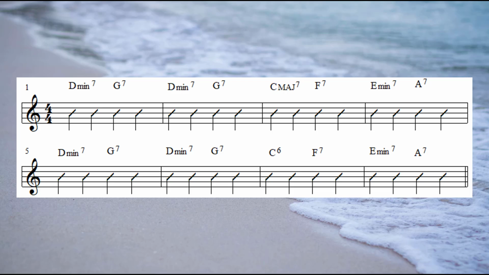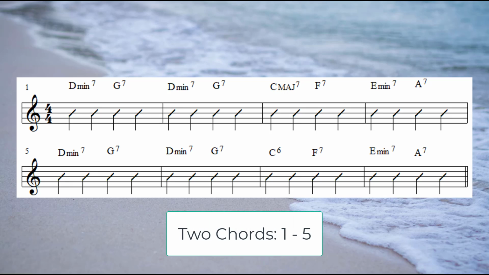In order for us to develop a fresh approach to these songs, and bearing in mind they've been around for a long time, what we have to do is strip the chord progression right back to the absolute basic set of chords. So what do I mean by a basic set of chords? Well, my goal is to try and reduce the chord progression to two chords, a 1 chord and a 5 chord. Now I may not be able to reduce the song to just 2 chords, but that's my first goal,